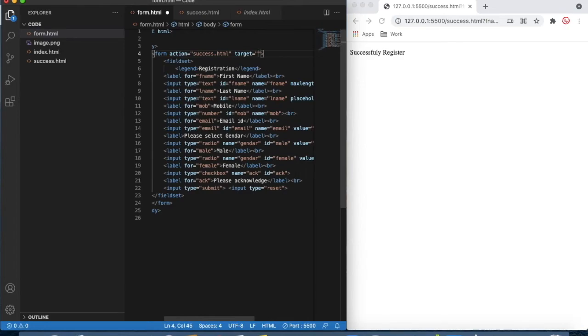We can mention blank, or we can mention self or parent. So if you define something, it can be opened in a different tab also. Okay, so if I put blank here,